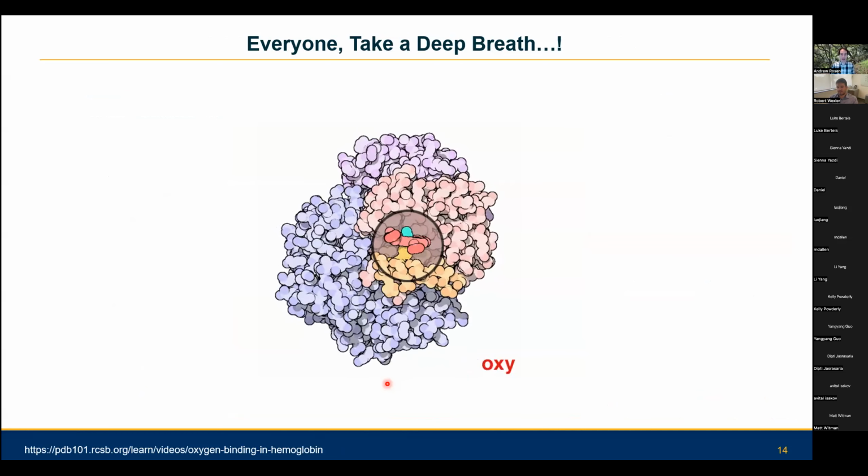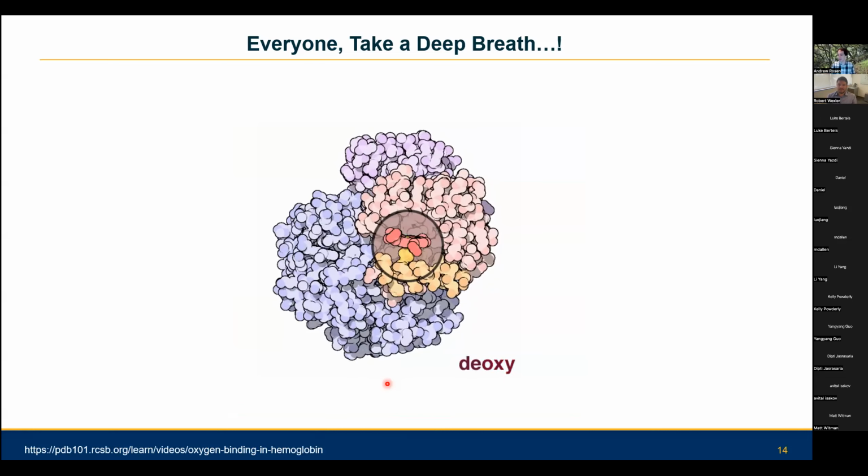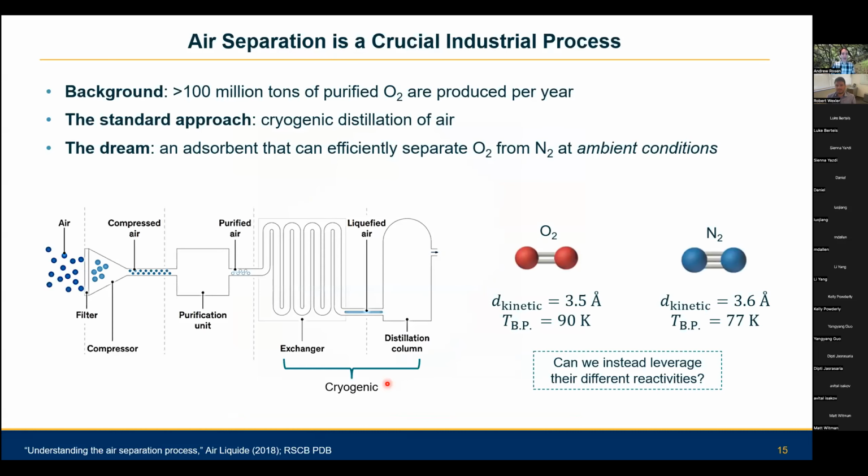And we have hemoglobin in our blood that is able to selectively bind oxygen, but not other gases like nitrogen. And we do that really successfully. But it turns out that's actually somewhat difficult to do outside of the cellular environment. And so what we'd like to be able to do is do this air separation process industrially in a very